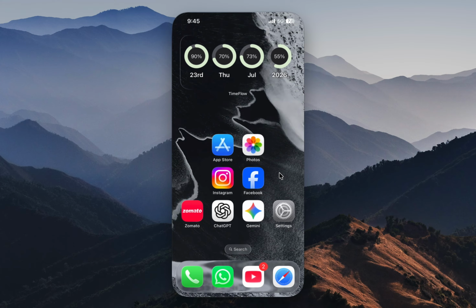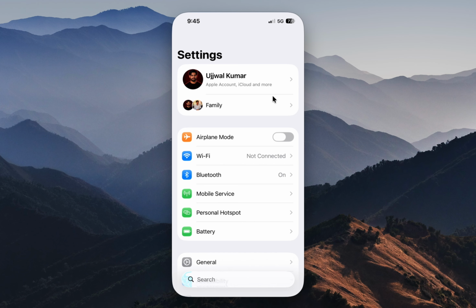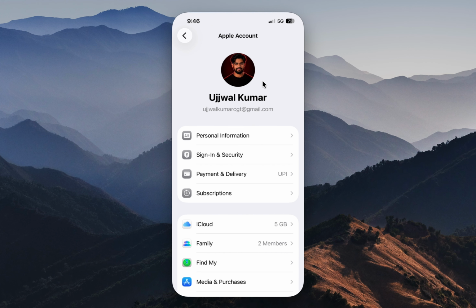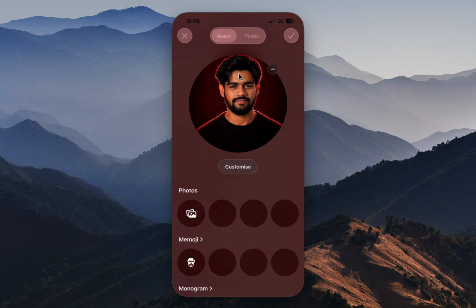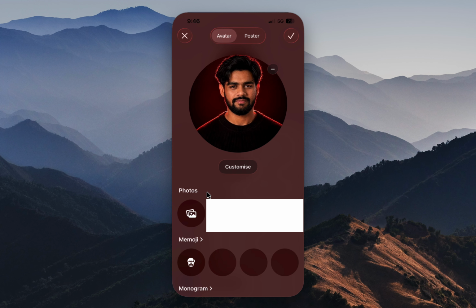So to start with, let's try uploading your profile picture once again because sometimes the previous change does not get uploaded properly to Apple services. So to do that, first open Settings on your iPhone and tap on your Apple ID at the top of the screen. After that, click on your current profile picture and choose the new one by clicking on this photos